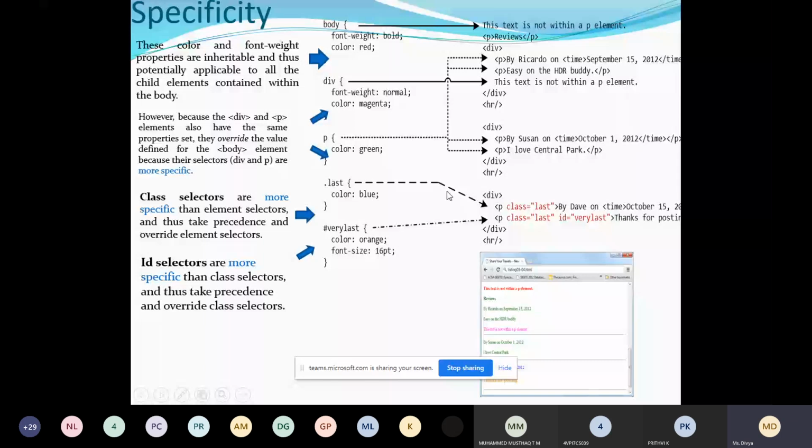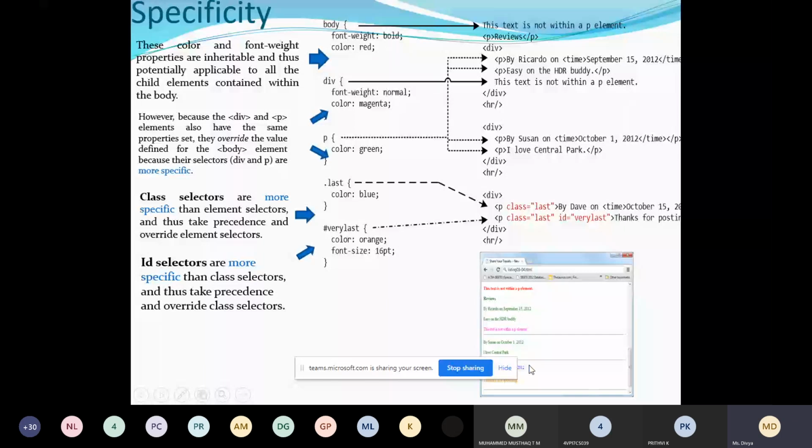The color property and font weight which we specified for body are inheritable properties. They are potentially applicable to all the child elements contained within the body. So these two are inheritable properties.